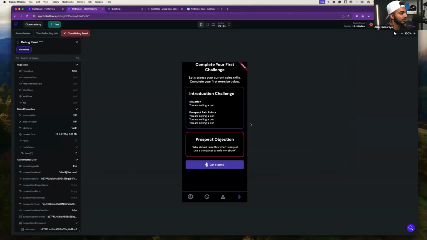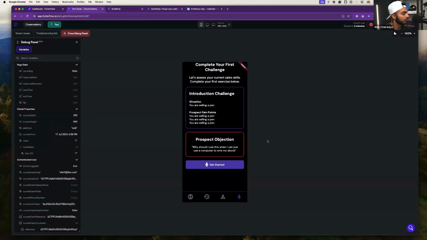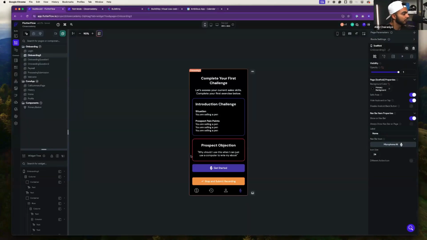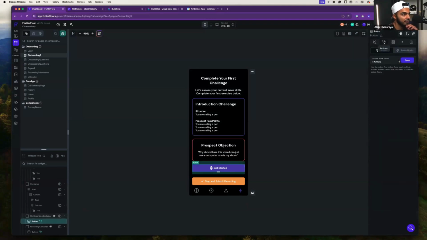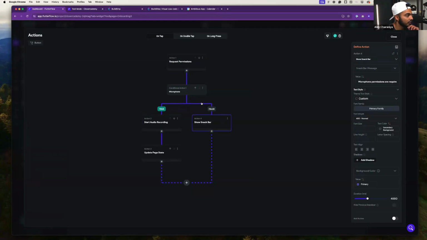And the next step from here is to work on the functionality to actually send that file to BuildShip and then transcribe that file from audio to text. Because once we have it in text, we can then send it to ChatGPT and we can do some fun stuff from there. So what we'll do is we'll head back to FlutterFlow and I'm going to change this get started action. Okay, so instead of going with the microphone, I'm actually going to